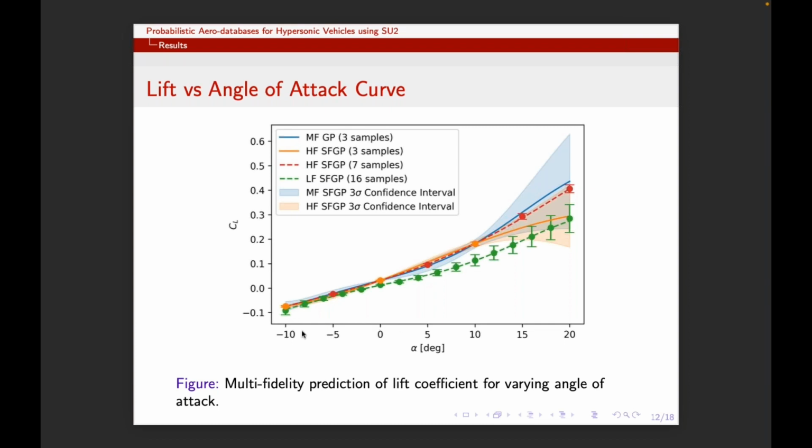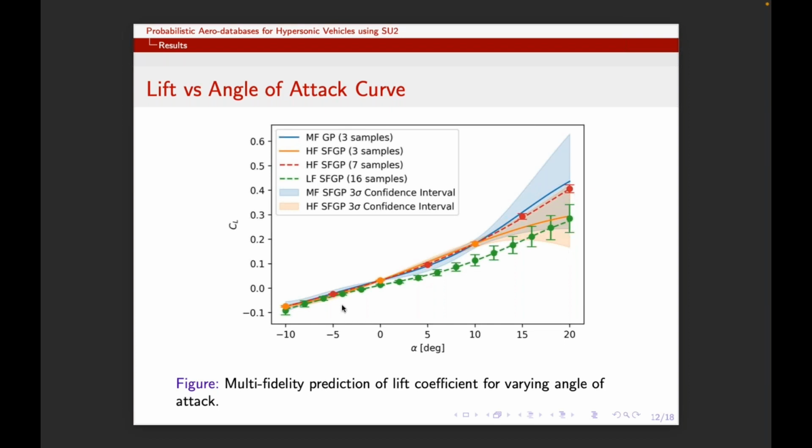So we've taken basically 3 samples, one at -10 degrees, 0 degrees, and 10 degrees from the high fidelity database. And we're using that to build right now a single fidelity Gaussian process with just those 3 samples, which is the orange line. This is, as we mentioned, because we're trying to reduce computational costs, so this is indicative of that situation. What we see is that obviously where the data is present, we get very good agreement. But then once we don't have relevant data, the orange line underpredicts the expected trend in lift at high angle